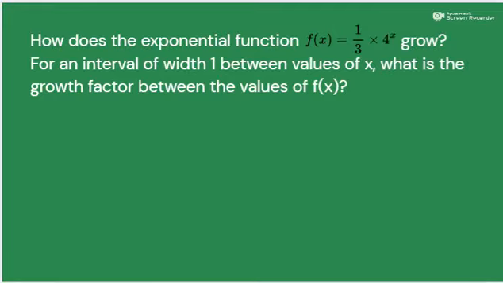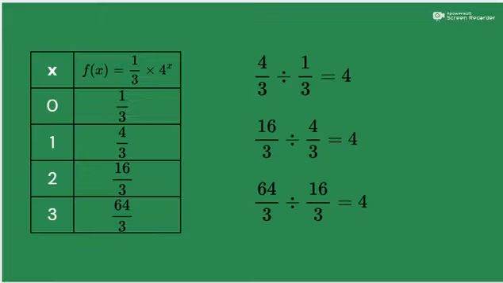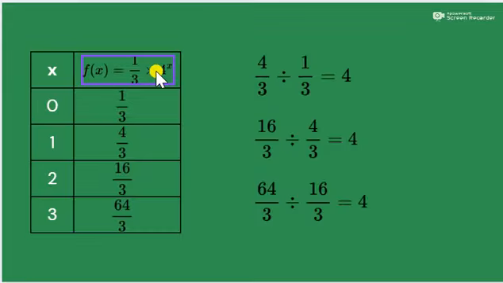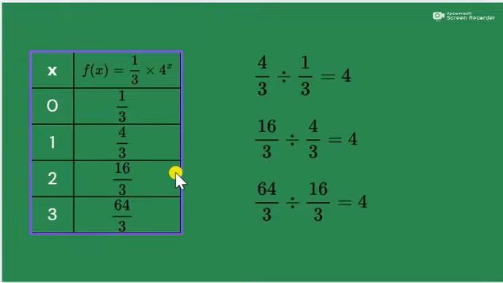How does the exponential function f of x equals 1/3 times 4 raised to the power of x grow? For an interval of width 1 between values of x, what is the growth factor between the values of f of x? So we looked at what happens with a linear function. Let's look at this exponential function. We have x equal to 0, 1, 2, 3, 4, and if we plug them in for the values of x up here, we get 1/3, 4/3,